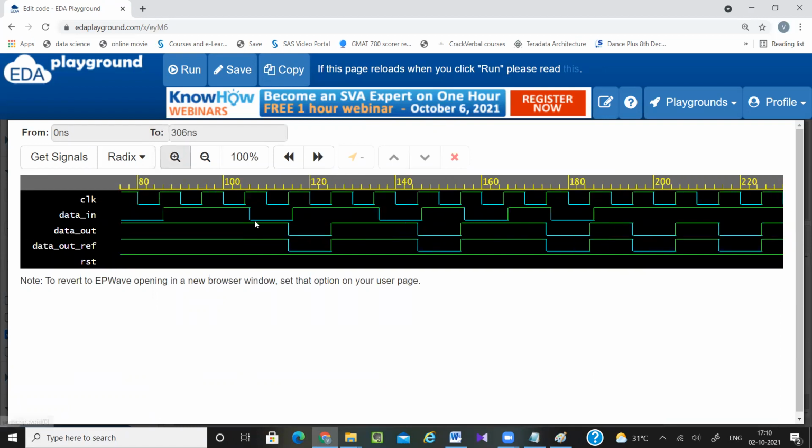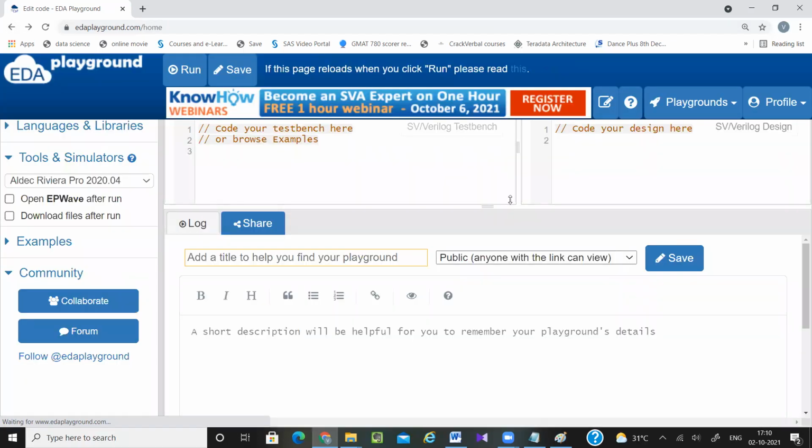So now you just see here, my data in is changed once here, then it is changed here. So this passage of clock correctly captured my data 0. Now this passage of clock correctly captured the value 1. This passage of clock also captured the value 1. Next, this passage of clock captured the value 0. So now, instead of doing this, if you change the values so many times within one clock, then what will happen?